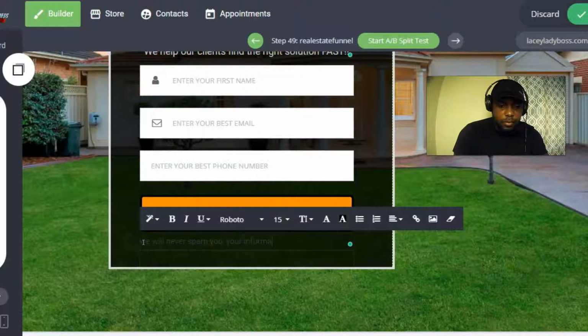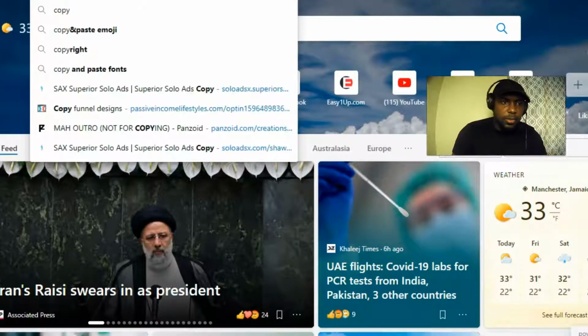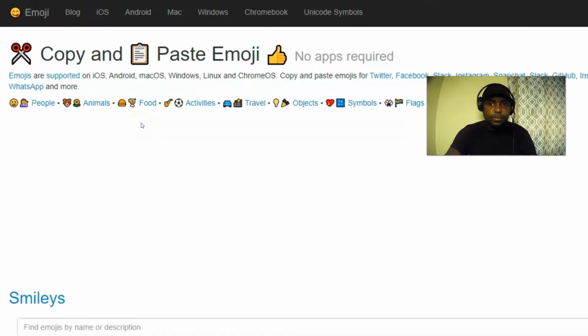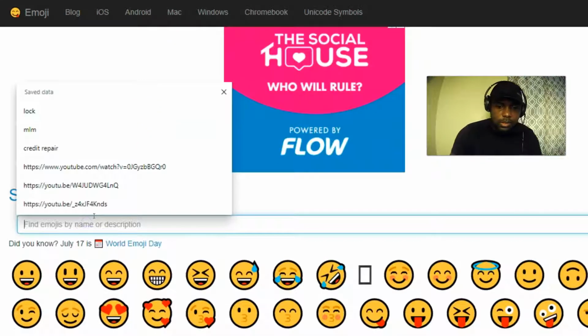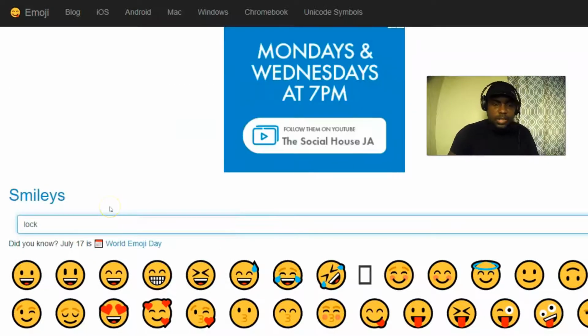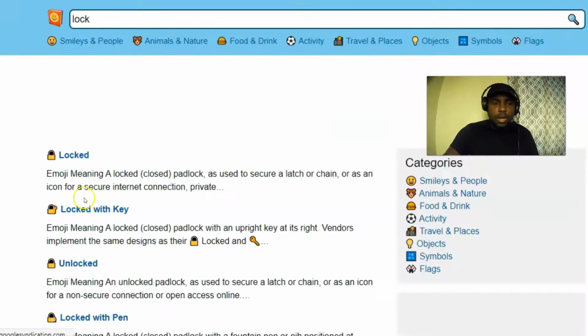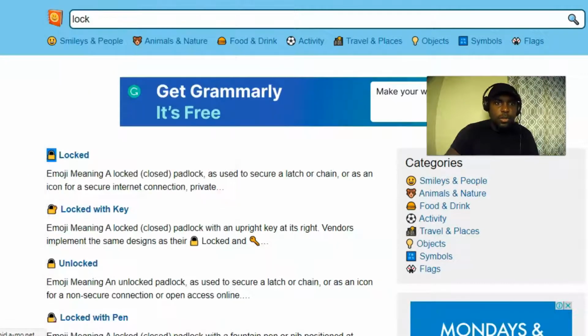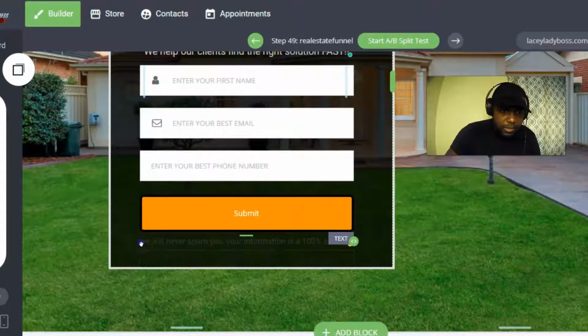Your information is 100% secure, right? And then you can simply look for a lock. All right, so if I want to find a lock here, I go to copy and paste emoji. And then once I go to copy and paste emoji, I'll just type in a simple info that says lock. And that will pull up a lock for me here that I can copy. So let me just copy the lock image, go back over to HBA, and just paste that right at the